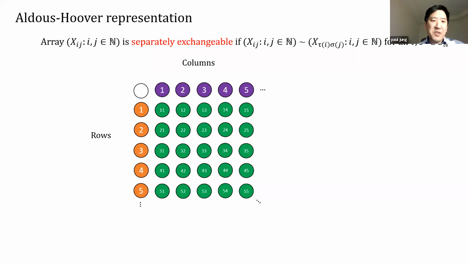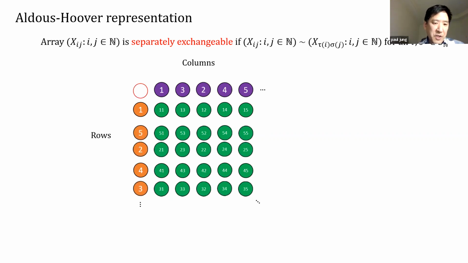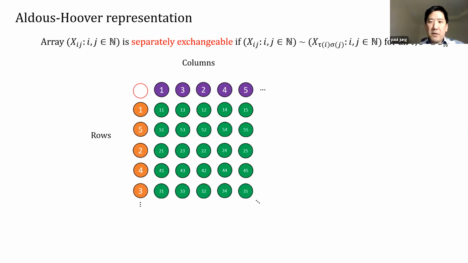We say that this is separately exchangeable if the joint distribution remains invariant under any permutation of the columns like this. So we permute all those random variables, and then we can also permute any rows, say like that. If the joint distribution remains invariant under these actions, then we say that this is a separately exchangeable array